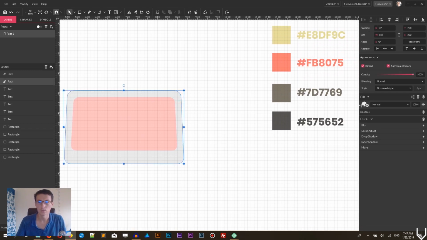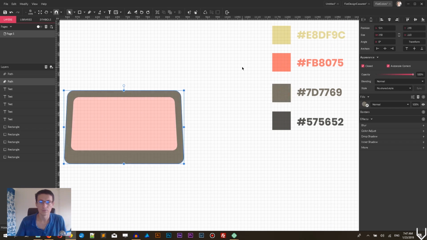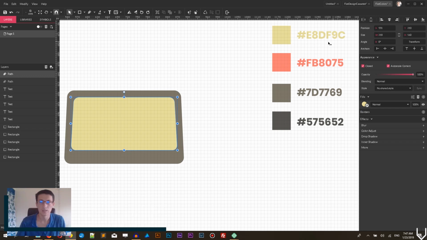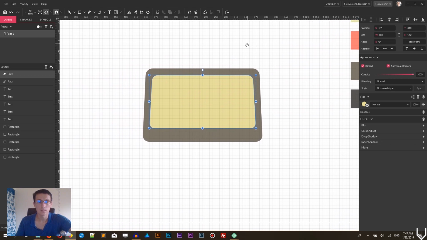You can go here. I want to grab the eyedropper tool and first grab the color 7D7769. This is the color for the corpus, and the color for my labels here is E8DF9C. Okay, let's continue our tutorial with creating another rectangle, and this rectangle should bisect the shape horizontally, so Gravit